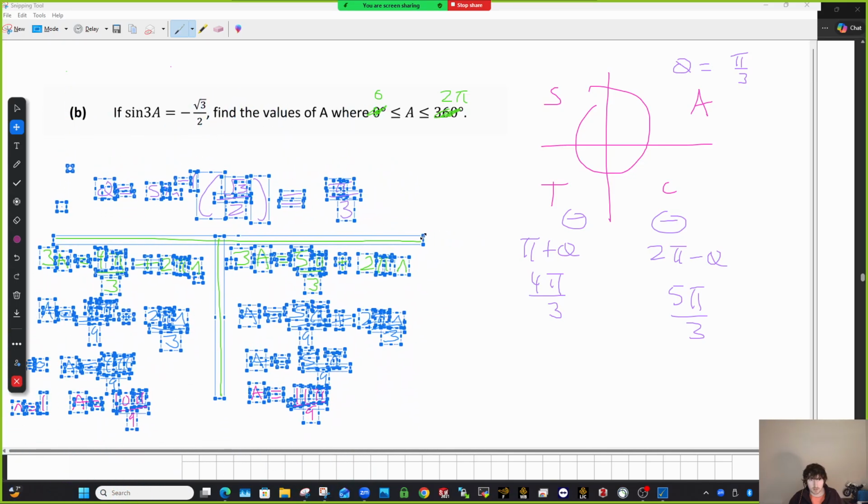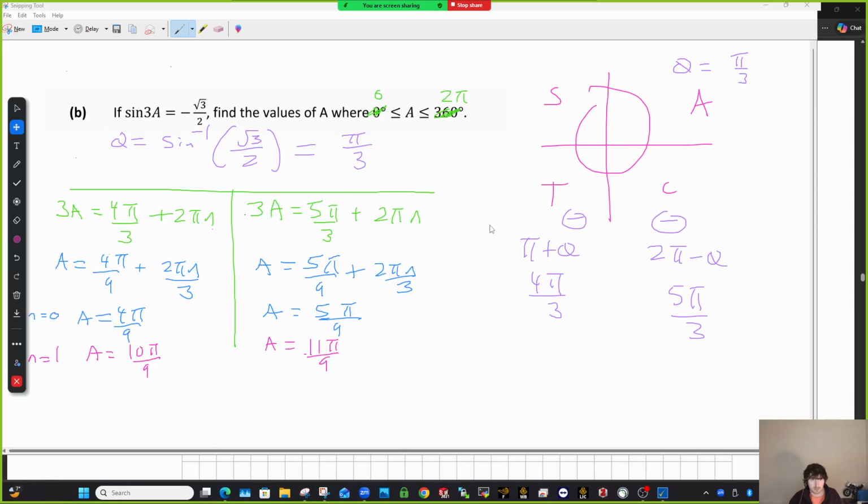There should be. Don't want it to get too small now either. All right, n equals 2. Might use a different color for this. So that's a is equal to 4 pi over 9 plus, we're putting a 2 in there for the n. So that works out as